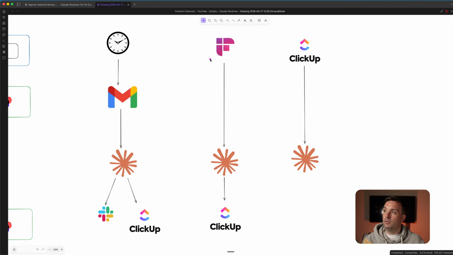So if, for example, we have a Fireflies, so this is Fireflies. Fireflies, if you're not familiar with it, is an app which you can install onto your Google Suite. I think it works with Zoom and other apps as well. There are many other different versions of this. I think Phantom is a similar one. And I think even now Google has its own proprietary one installed already inside, but it is essentially a virtual